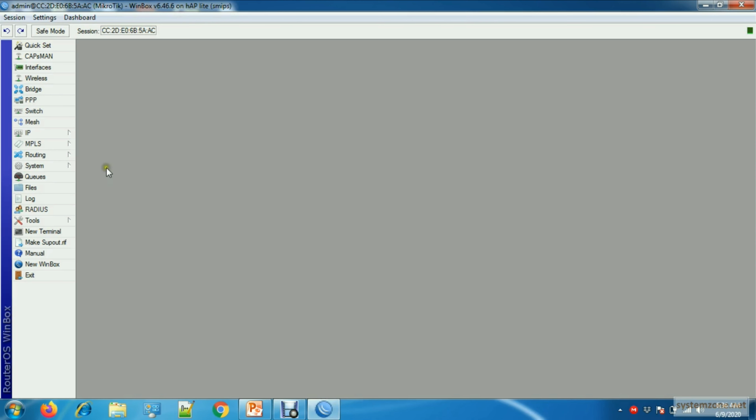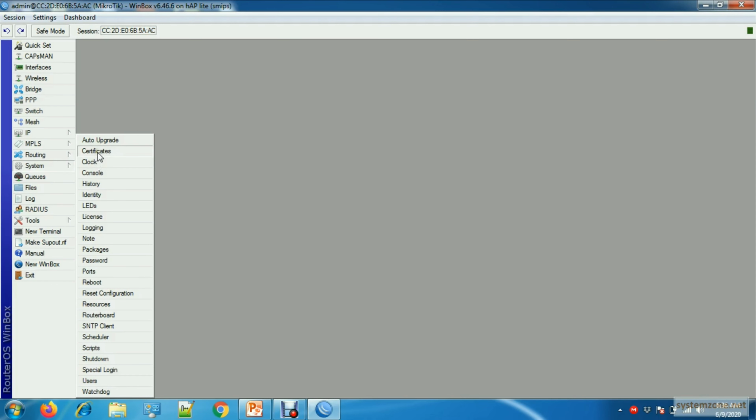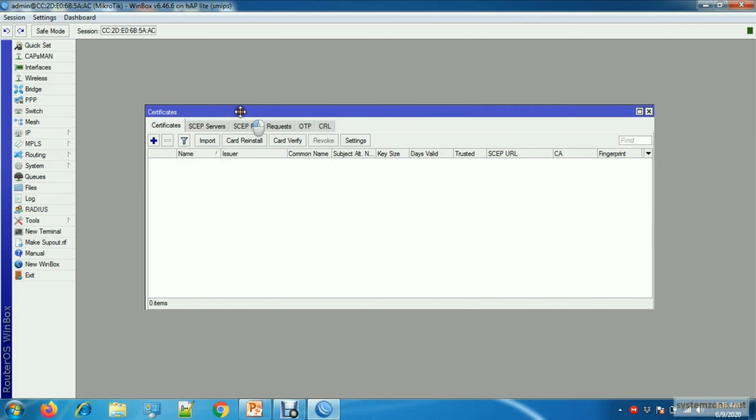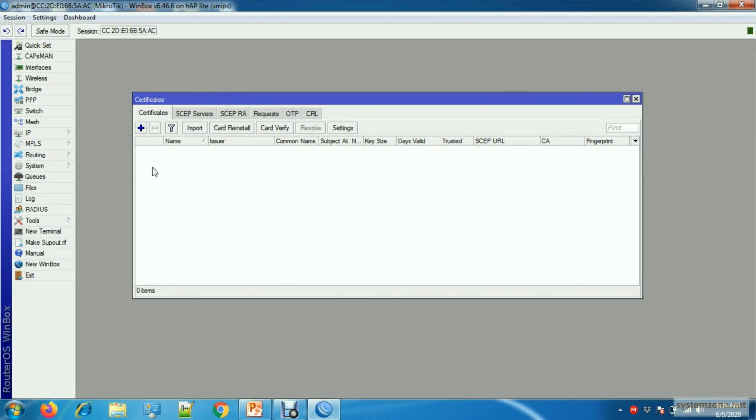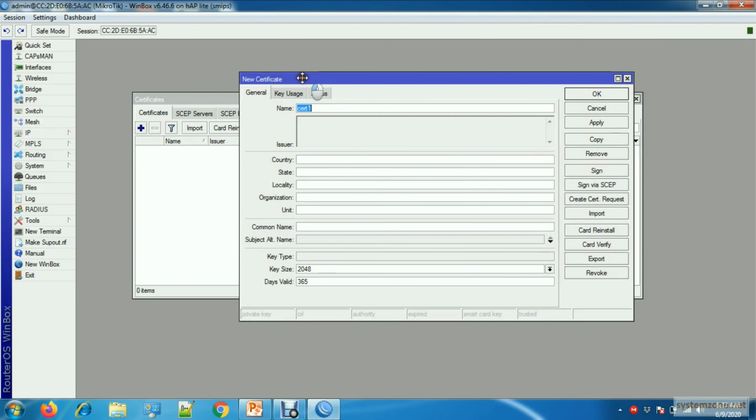To create a TLS certificate, go to System and Certificates. First we will create a CA certificate and then we will create a server certificate. So click the plus sign and put a meaningful name, CA, and some extra information: locality, organization, and then unit.